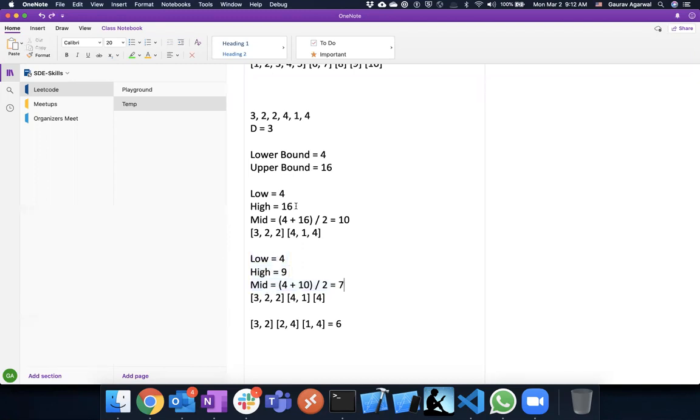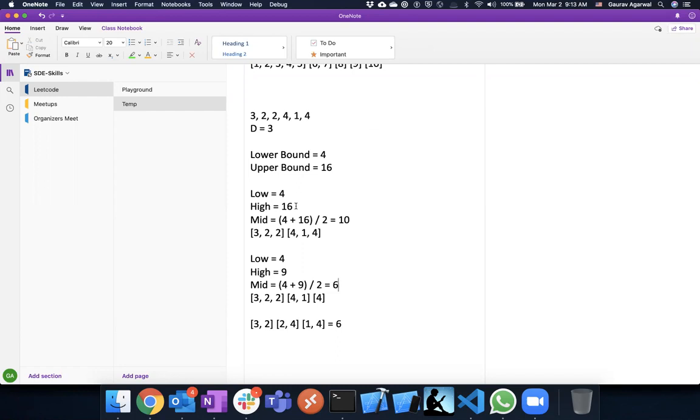Here it would be 13 then, I suppose. And then 6. Definitely it will lead us to 6. Yeah, it will come to 6. So that is off by 1 or something like that. But whatever algo we talked about, it will lead us to the answer. Or the brute force is you try starting from the lower bound up to the upper bound and then see what result we can get.